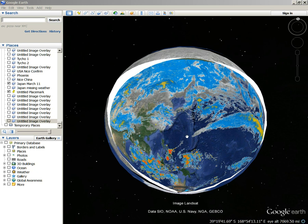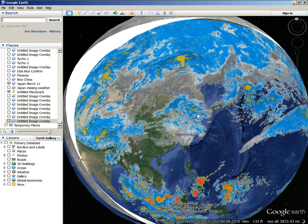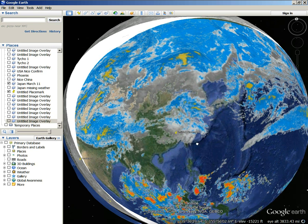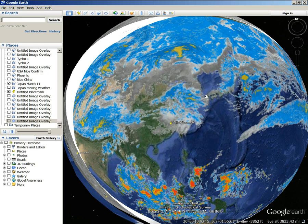This is after the earthquake. This is the weather I saved from that day, and I saved it because of this pattern here, this round pattern that's really important. When you see that round pattern at that size anywhere on the planet Earth, anywhere, when you see that round